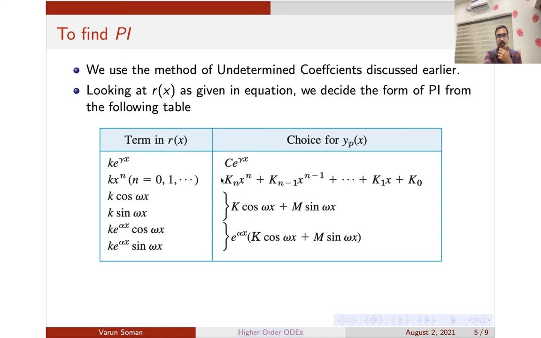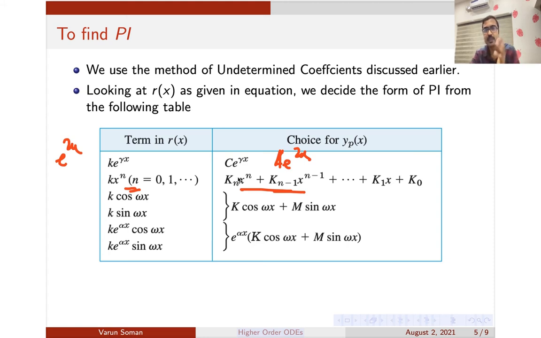So this is the same table which you discussed in the earlier class. Suppose your RHS contains e raised to 2x, you will assume the solution is of the form a e raised to 2x. Suppose your RHS is an nth degree polynomial, you will write the general nth degree polynomial here, and similarly for cos x and everything. This is the same table which you had discussed in the undetermined coefficient case, so the same table will be carried forward here. Nothing new is there. If you understand second order equations, you can do the higher order equations also.